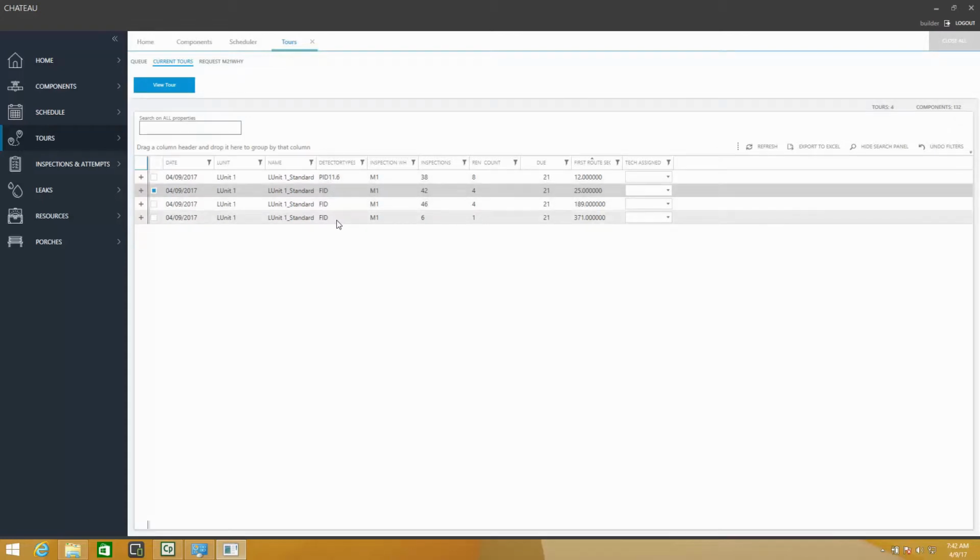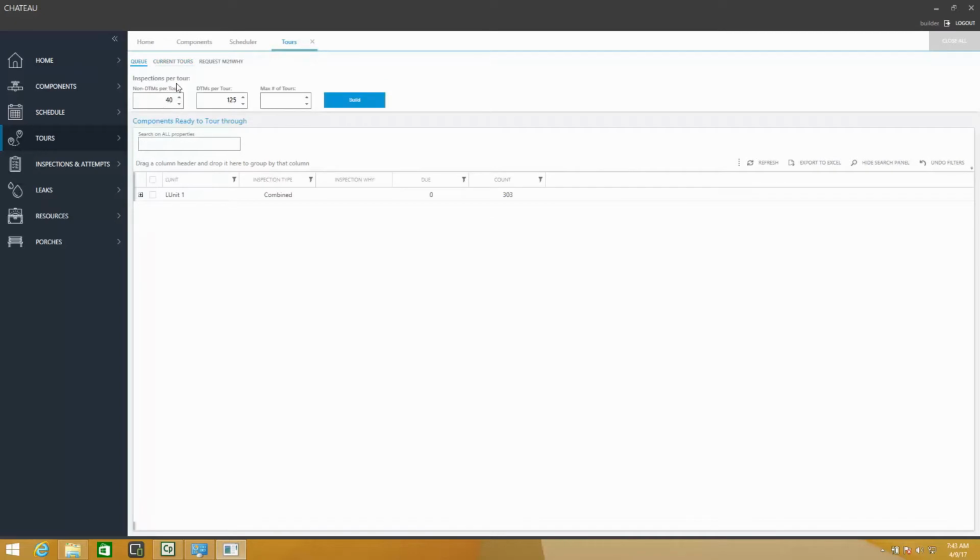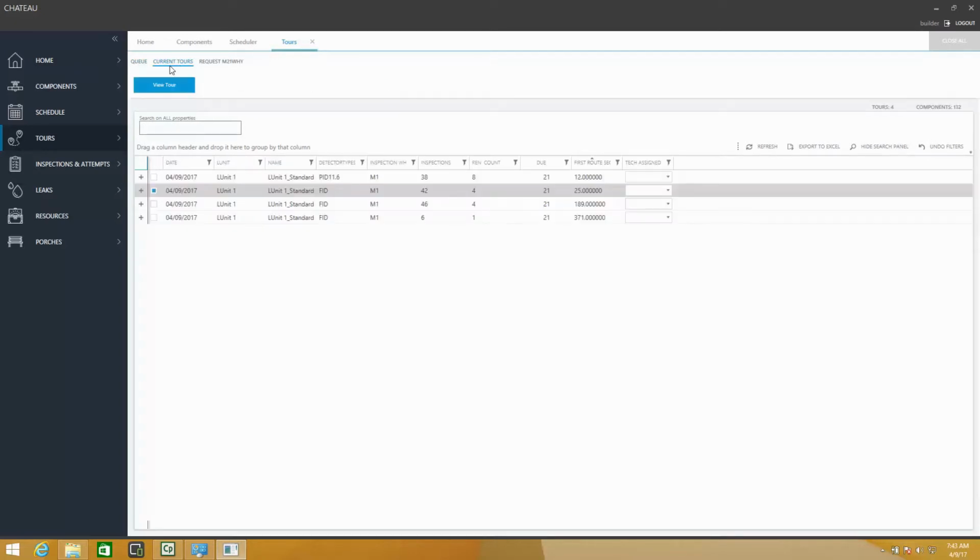And what Chateau did was it identified the PID components and it began building tours for the PIDs as if they were the only components in this database. It sorted them by route sequence, and it began to use the rules that we had here, 40, in order to create this tour. If you'd had more than 40, you may have gotten 2 PID tours. And as soon as it had created all of these detector-specific tours for PIDs, then it began to do the